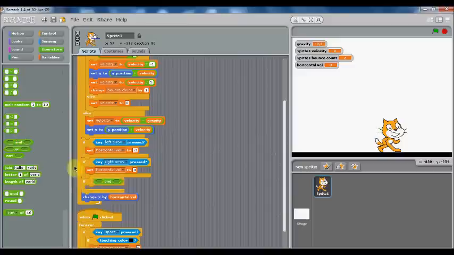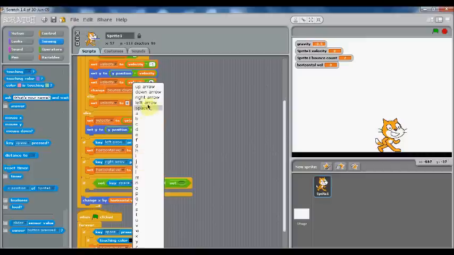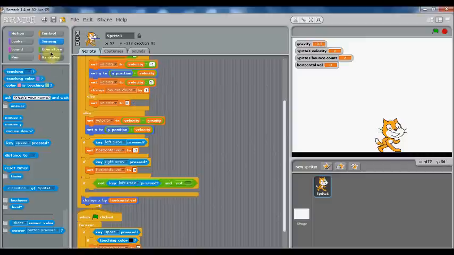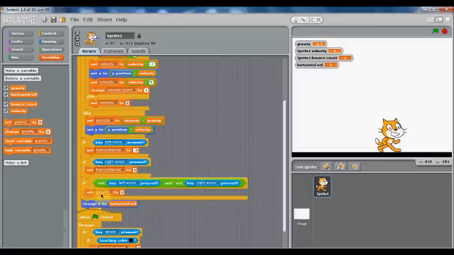So if and, if not, and another not in the other one, if not key left arrow, and not right arrow. We're going to set the horizontal velocity to